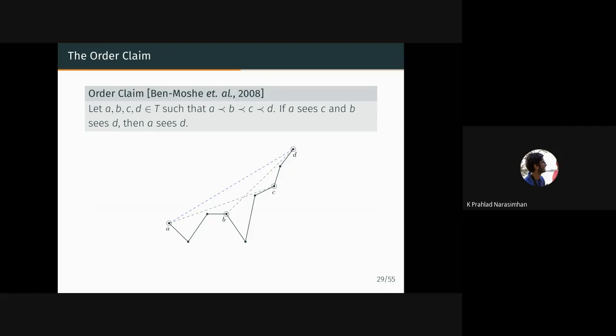Right? Preceding just means that it comes on the terrain. So A comes on the terrain before B does. Okay. So then if I have that A sees C and B sees D, then A must see D. Okay. The proof of this is